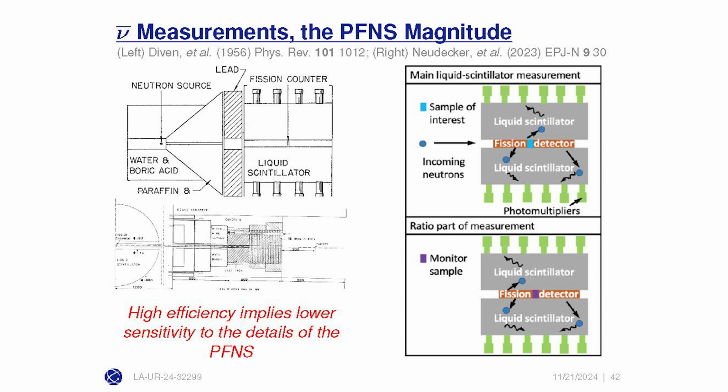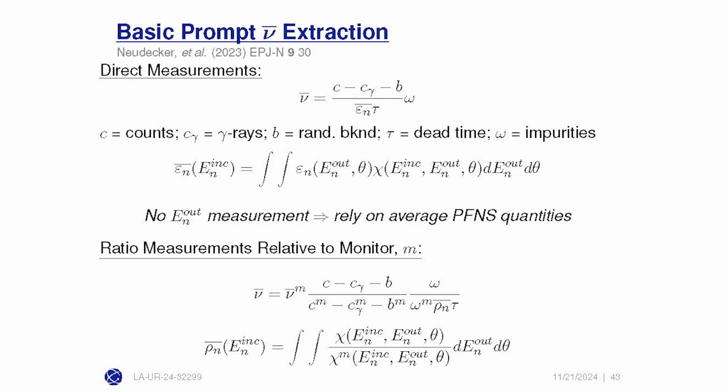You're worried instead about just counting the neutrons. You want to make sure you have a high efficiency for detecting these neutrons as much as you can. And basically also looking at another template paper about prompt nubar extraction, there's a similar pattern where you can look at the counts, backgrounds from gamma rays, and also an efficiency, dead